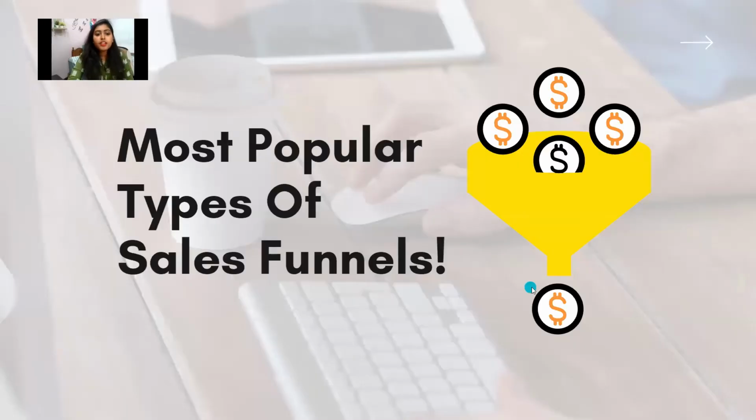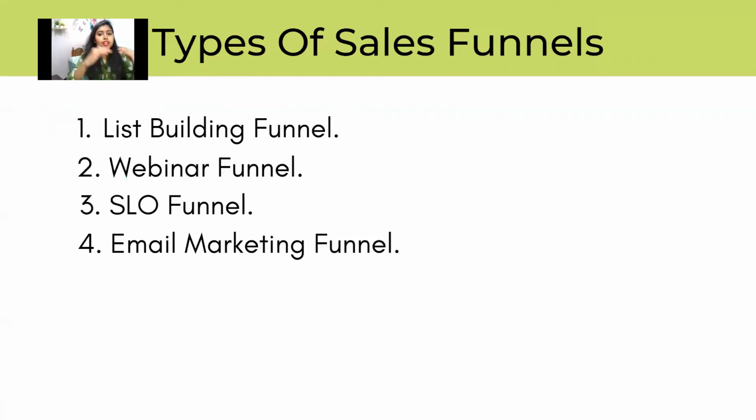Cool, let's proceed. So now you understood what exactly is a sales funnel, you also understood how a sales funnel works. Now let's see what are the different types of sales funnel. Cool, तो सबसे पहला, we'll understand क्या क्या types के हैं. There are basically 4 types of sales funnel, guys. I'm also going to give you some examples etc. so that you understand it more clearly. So the first one is list building funnel.